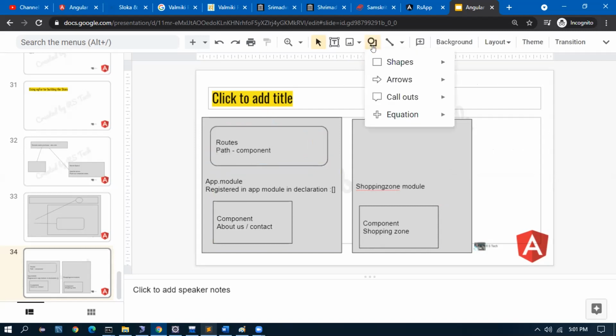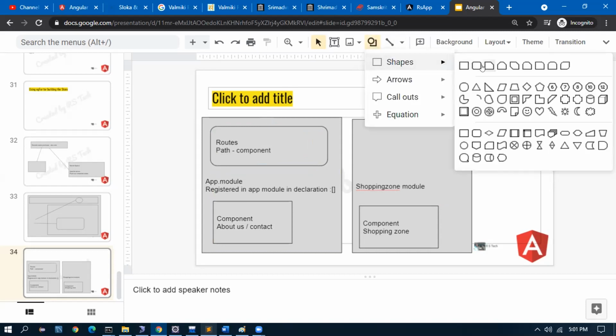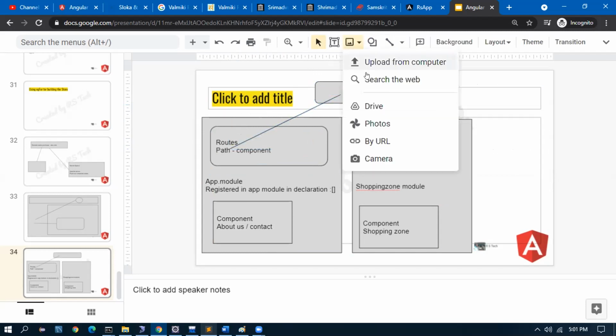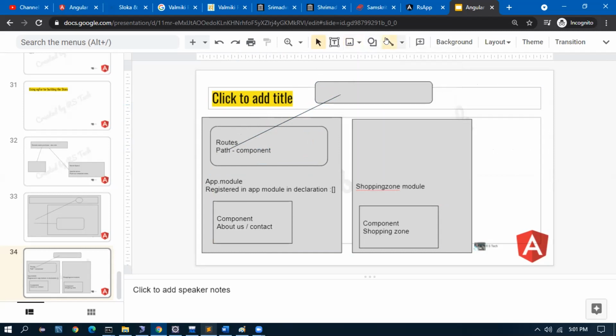Whenever the user accesses a particular path, the routing module goes to the corresponding component which is registered in the app module.